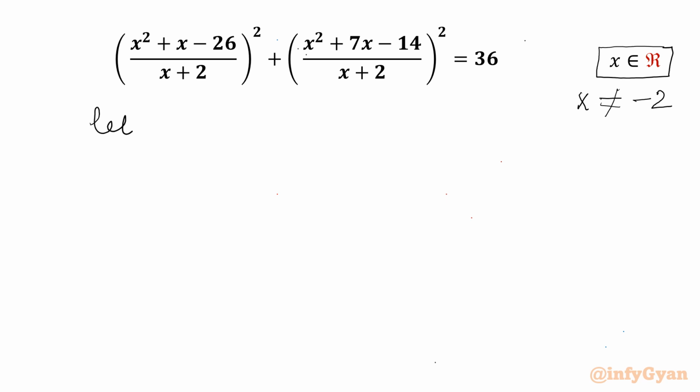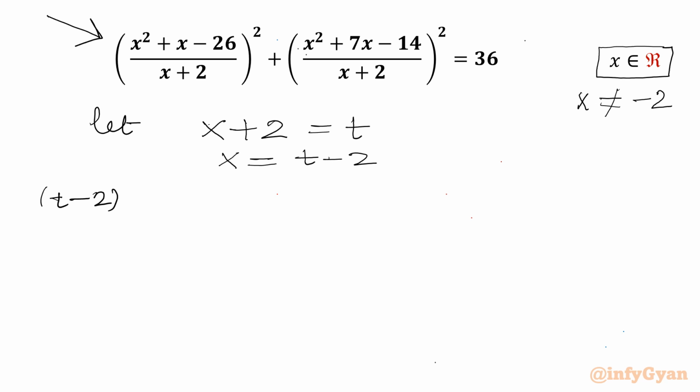Now I will consider our substitution straight away. x + 2 = t. So I can write x = t − 2, and apply this value to the original equation. See what will come out. It will become ((t − 2)² + t − 2 − 26)/t²